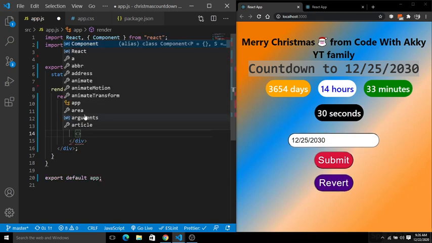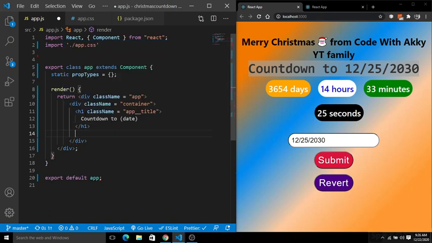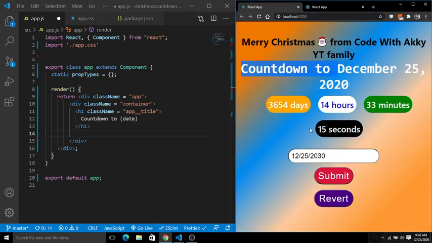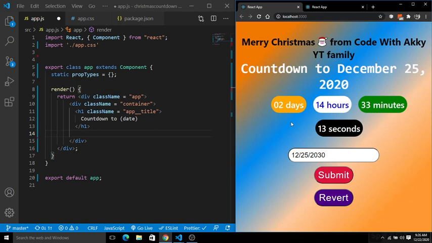After this, let's create another div. Okay, I have already created the div. You can see here is a class component, the clock component. Let me revert this first of all. I am going to create another component, which is the countdown clock. I will do it after some time. So comment this first of all. Here I am going to put the clock component.